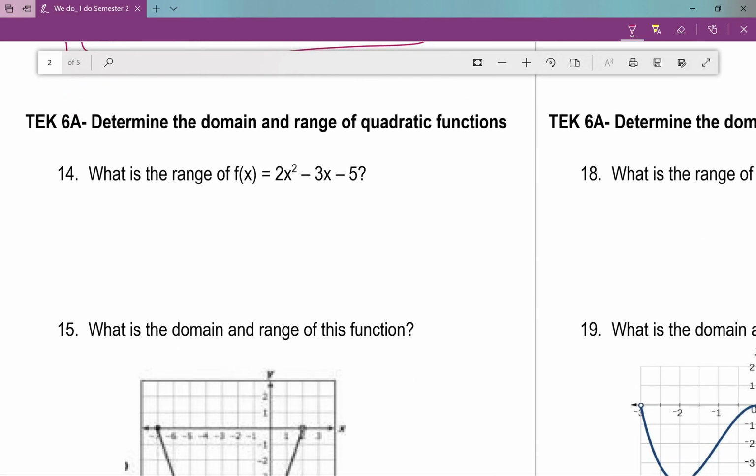Okay, number 14 says determine the domain and range of the quadratic function. Domain and range of the quadratic function. So here, we just need to remember on number 14 how to find the range. And you could do this one of two ways. You could graph this on our calculator. Graphing this on our calculator, we know it's going to look something like